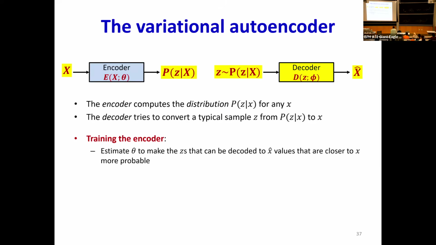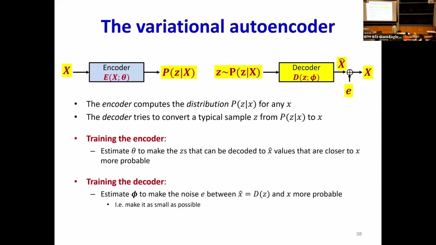And so the overall training procedure is the encoder has its own parameters, theta. We have to estimate the theta so that the z's the encoder produces are going to become something like the face we want, right? Then for the decoder, when those z's go through the decoder, they must become faces. So there are two sides to it. We have to learn this so that it produces the right z's, and we have to learn this so that those z's become the face.